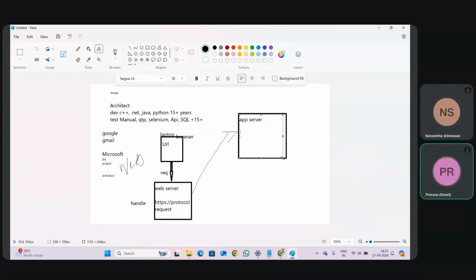The architect is thinking that the developer should write code and develop the software in such a way that it will take a request from the web server. Since my URL consists of a login page,